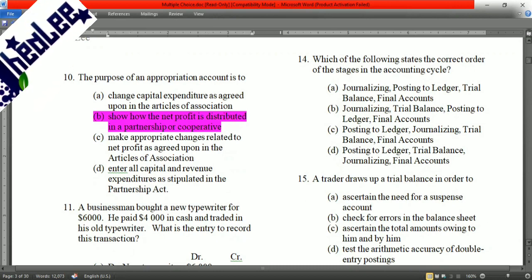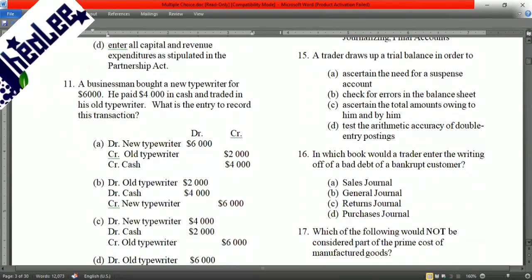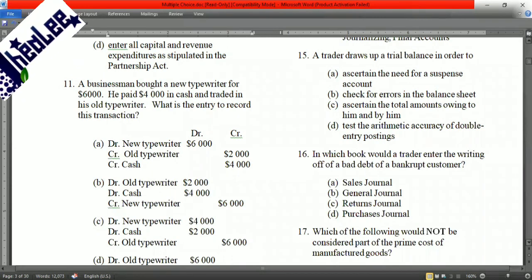Number 11, a businessman bought a new typewriter for $6,000. He paid $4,000 in cash and traded in his old typewriter. So the old typewriter is used to cover the difference of that 6,000 minus the 4,000. What is the entry to